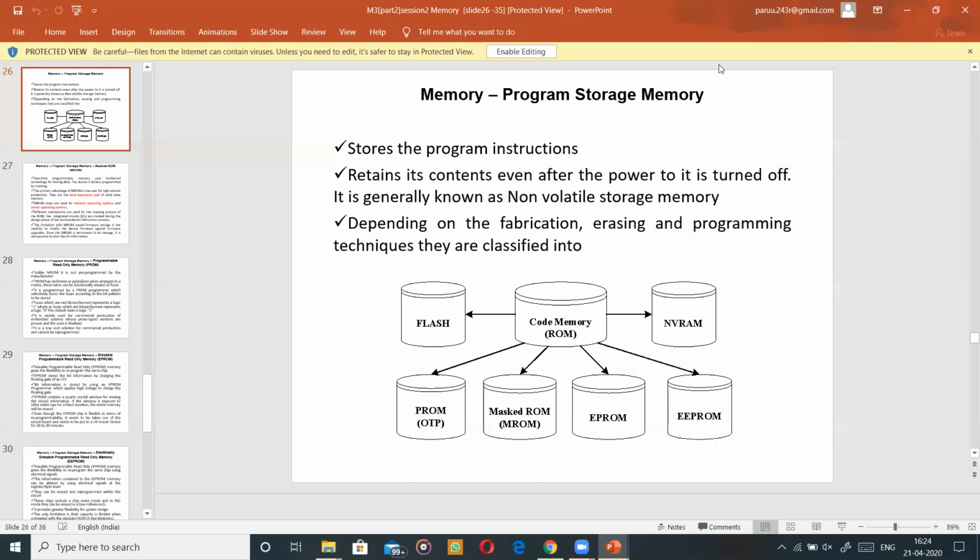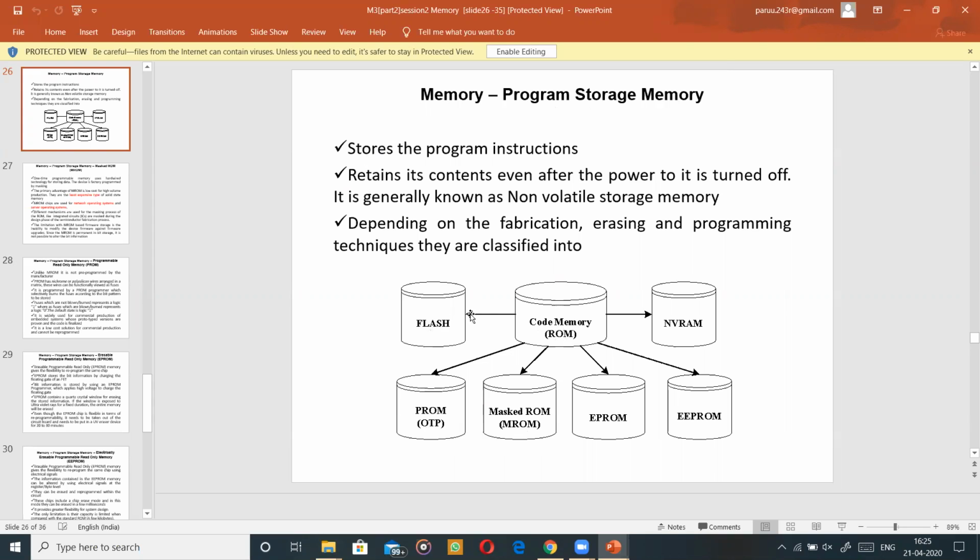Okay, now we will continue with the memory module. Now, if you see there is a diagram. We have several different types of memory that we have already discussed. Flash, most of these memories we have already seen in the computer organization subject, but there are a few more new to us. But we will glance through each and every one.